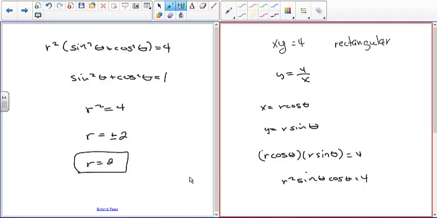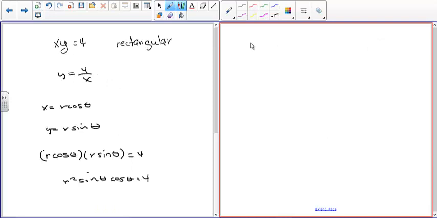And really all you need, if you look at this, I've solved this equation for y. Typically, in these kinds of equations, you solve for r. So here we have just r equals 2. It's like x equals 2 or y equals 2. It's the simplest form of an equation in polar coordinates. So I could just say r squared equals 4 divided by sine theta cosine theta. And I could take the square root, but I think there's, I forgot to bring my book today, but there's